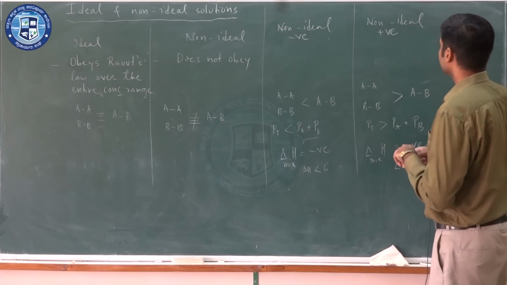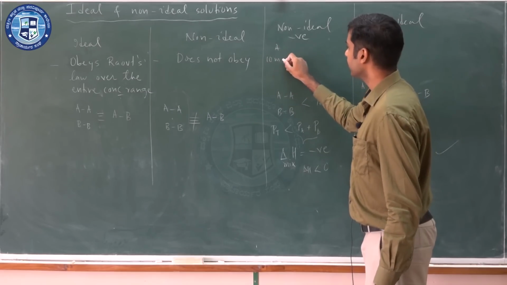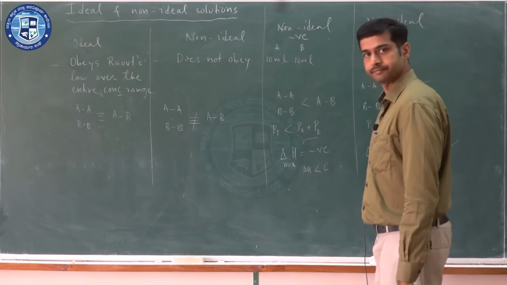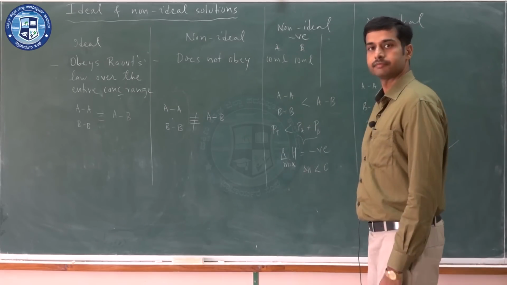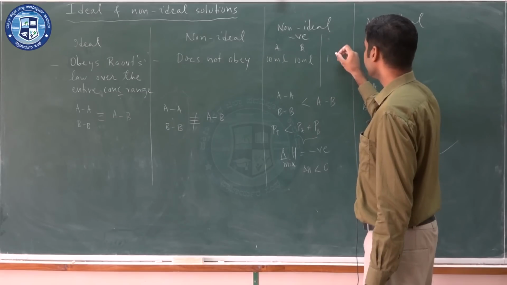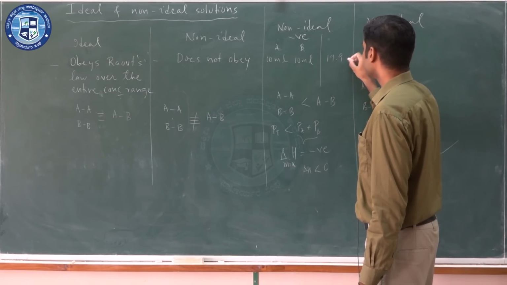Suppose I have component A, and I take 10 milliliter, component B also I take 10 milliliter. Now, on mixing these two components, let me take an imaginary case. This is negative deviation, and I get a volume of say 19.99 ml or